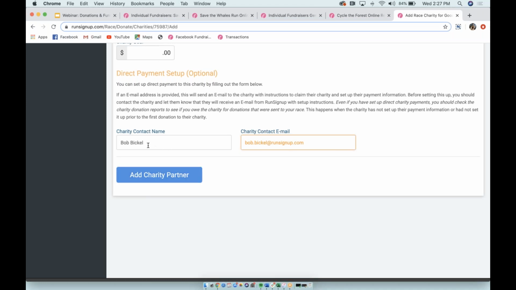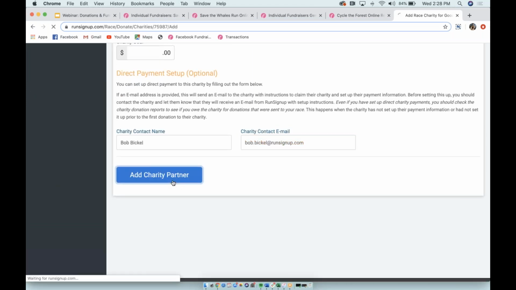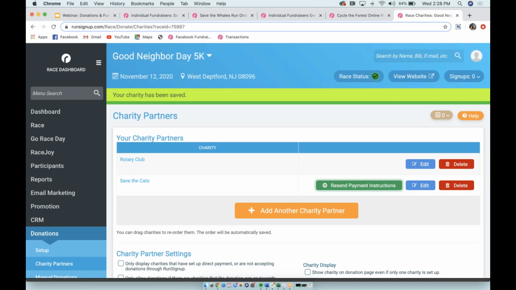So what happens when I add his name here is that when I click Add Charity Partner, he's going to get an invitation sent by email, and it's going to give him a link to go in and claim his charity partner dashboard. And that's where he's going to be able to set up payment to get any donation that is made to Save the Cats for my race. So you'll see here that I can kind of track which charity partners have and haven't set up their own payment accounts with this little thing, and it's very simple for me to resend the payment instructions. Just to show you how this looks,